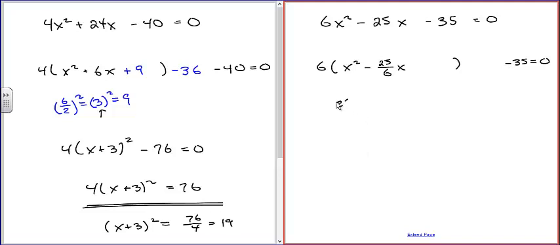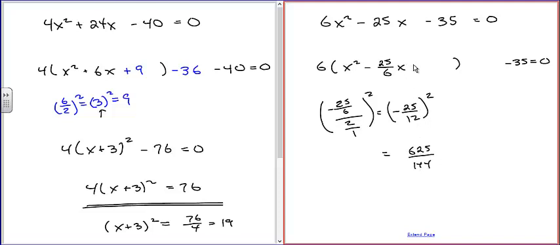So now what we're going to do is take 25 sixths, divide by 2. Actually, negative 25 sixths, and divide by 2. So take the reciprocal of this and multiply it. What you'll get is negative 25 twelfths, because this becomes 1 half. 1 times 25 is 25. 2 times 6 is 12. And then we still have to square it. I forgot the squared part. So 25 squared is 625. 12 squared is 144. So we're going to add